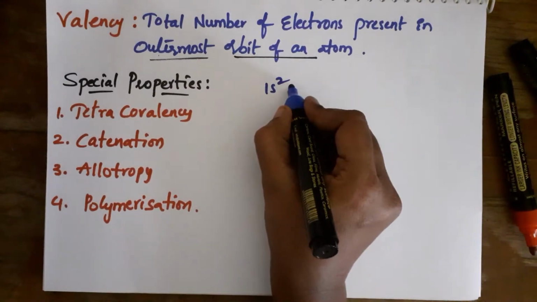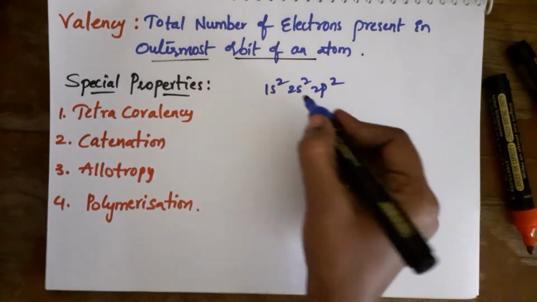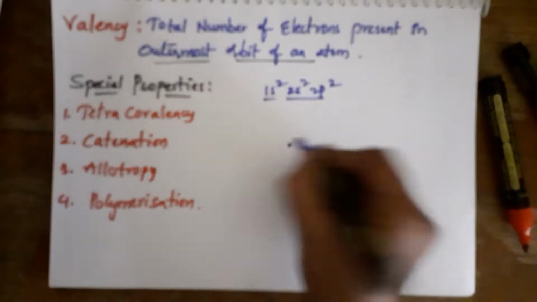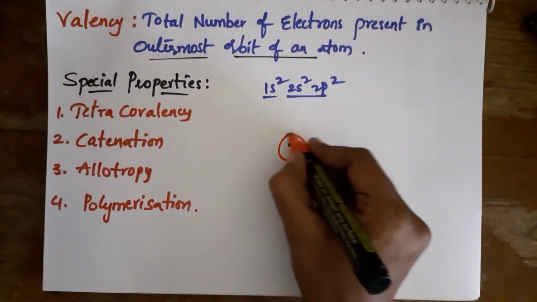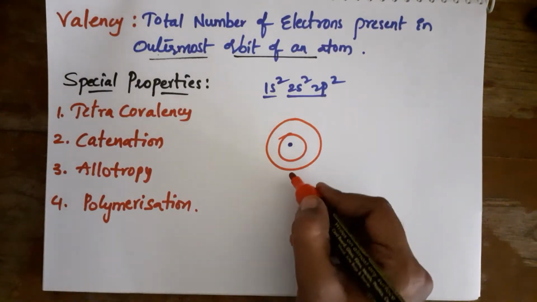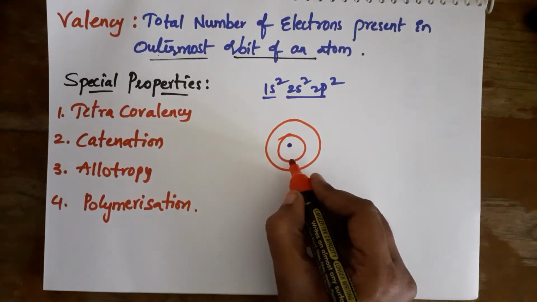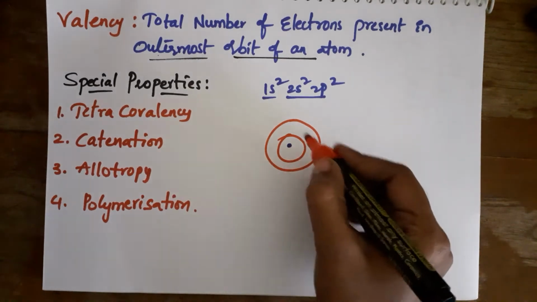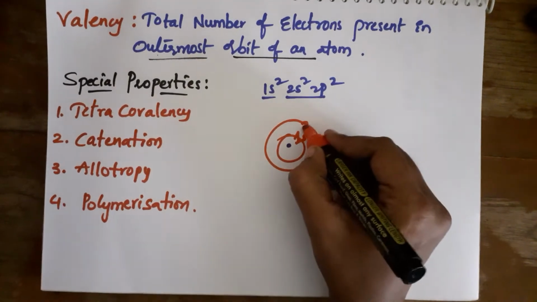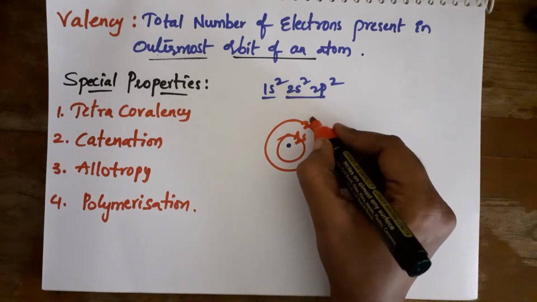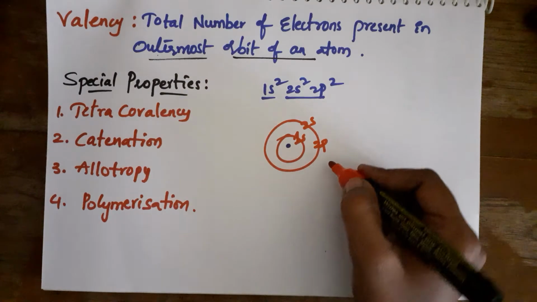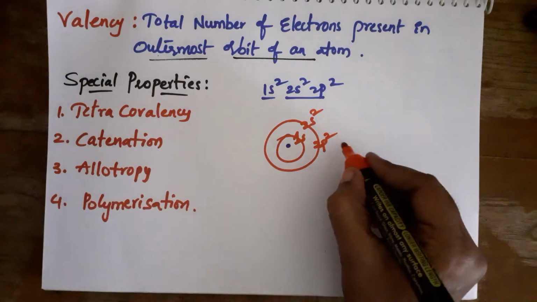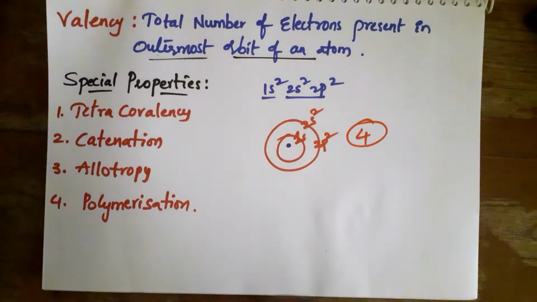Okay, now write down the electronic configuration. Here it contains 1s2, 2s2, 2p2 like this. Okay, it contains how many orbitals? Only 2 orbitals. In the center the nucleus is present. Around the nucleus the electrons are revolving in specific paths called orbits. Here it is having only 2 orbits, here it is 1s and this one is 2 orbital. In the 2 orbital we are having 2s as well as 2p orbitals. Okay, 2s orbital contains 2 electrons and 2p orbital containing 2 electrons. Here total becomes 4. This is the valency of the carbon.